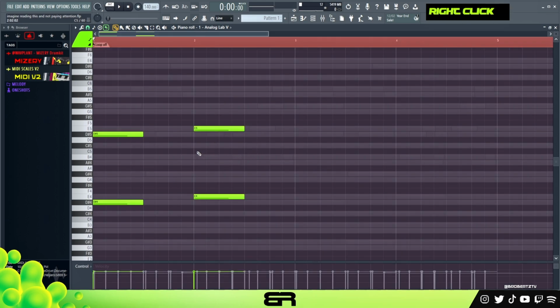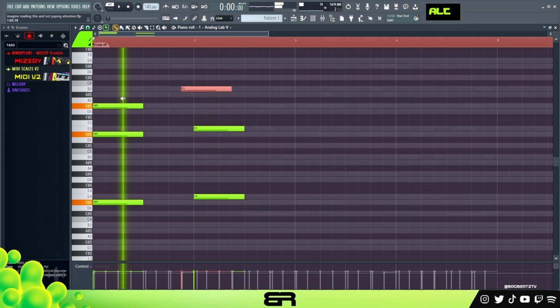And if you want to, you can kind of use some of the other notes that we had before. So remember, you got to go backwards because this is a part of that G sharp. So if you want to use some of these notes, you could do that, right? I would probably just